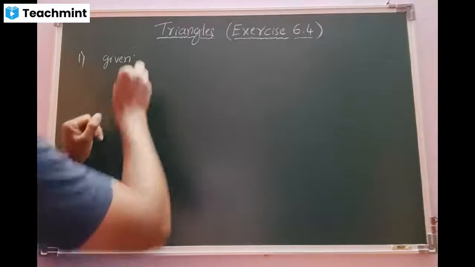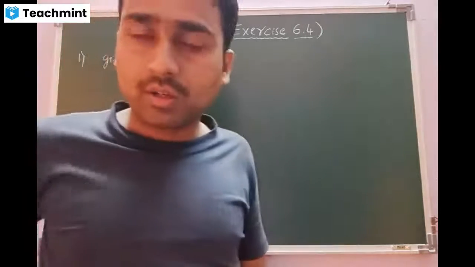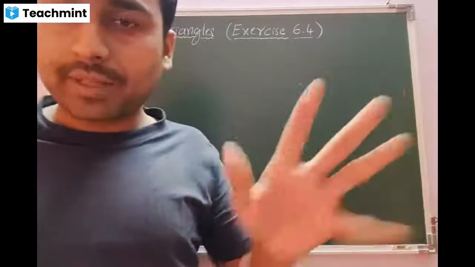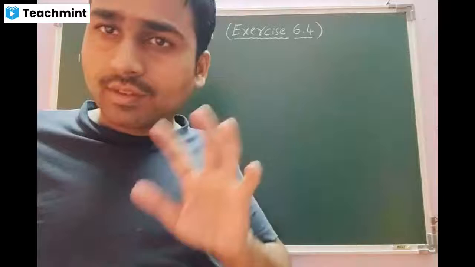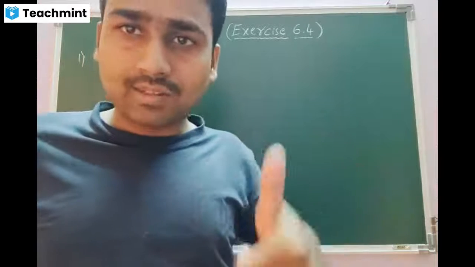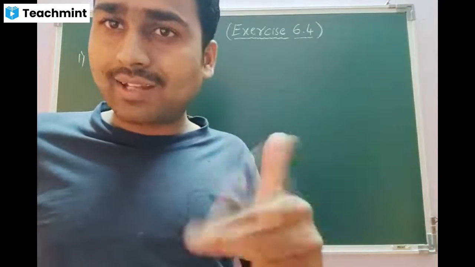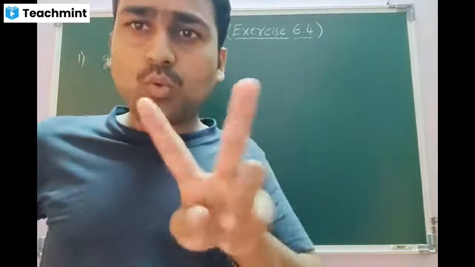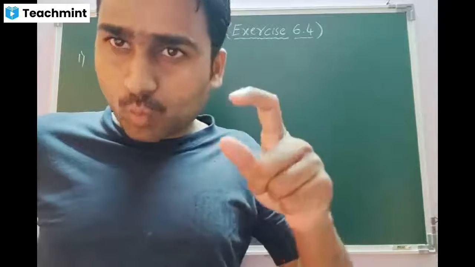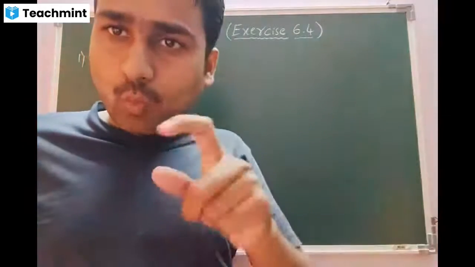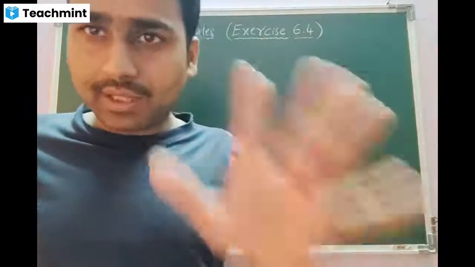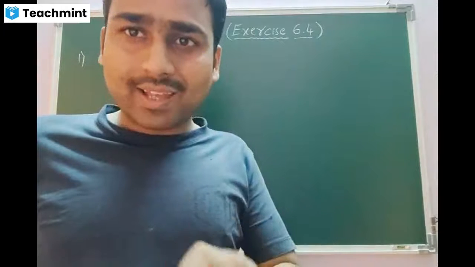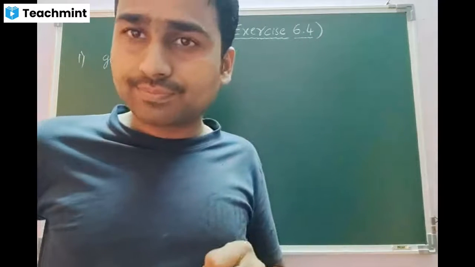Okay. Students, look at the first question. What are they talking about? They gave two triangles, one is ABC, the other one is DEF. They said both the triangles are similar. This is the first data available. Then they are talking about two sides which are corresponding: one is EF from one triangle, one more is BC from the other triangle. EF value they have given, they are asking the BC value.